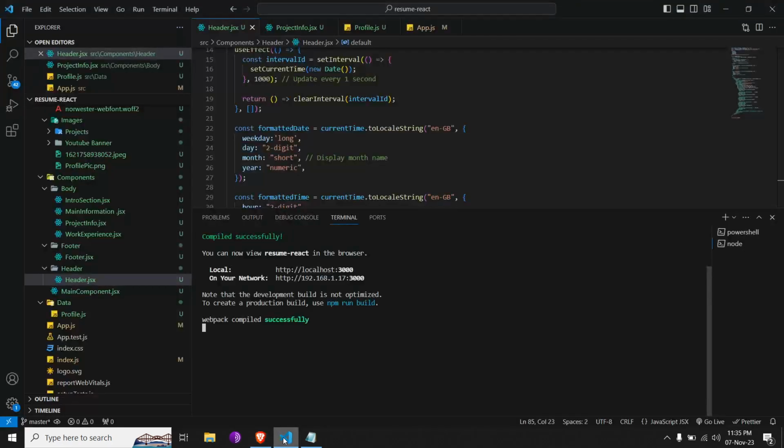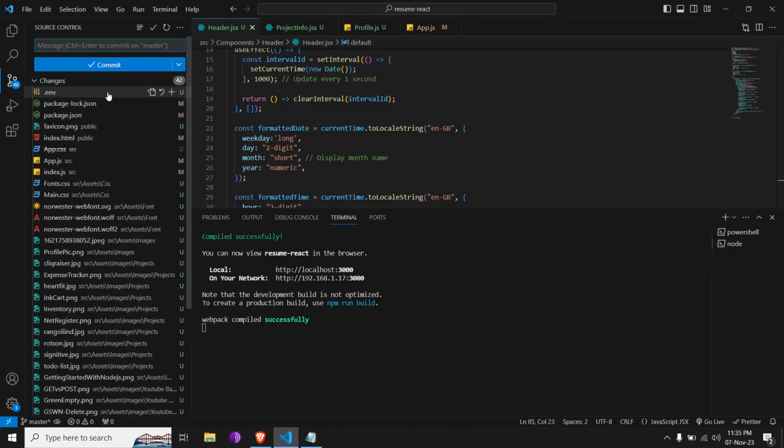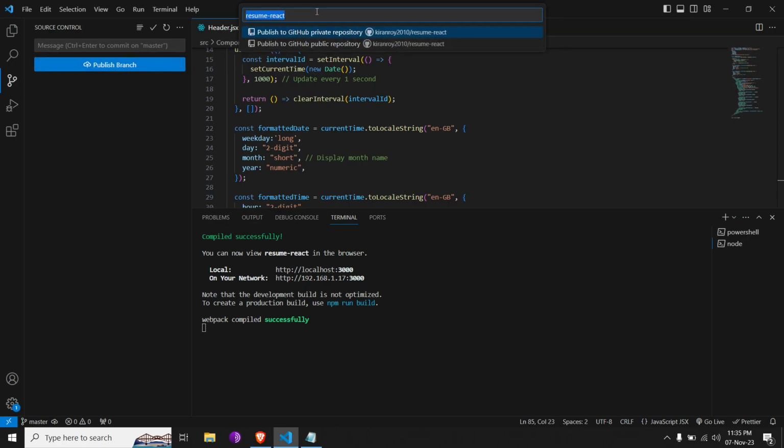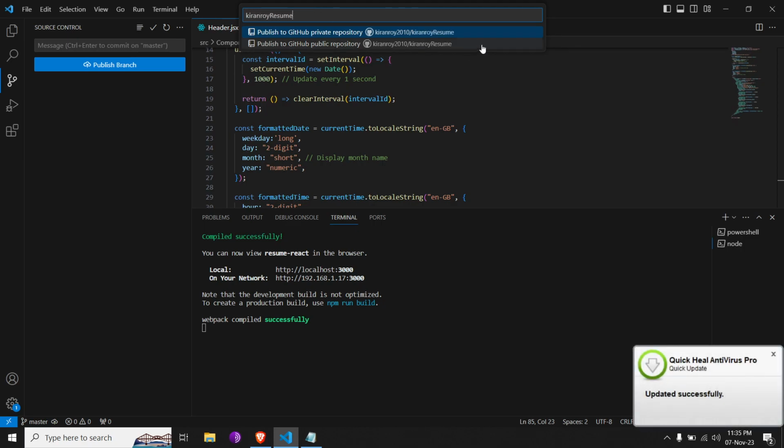So let's create a repository, and I will do that from VS Code. You can do it from GitHub directly also. Over here in my source control, I will give it a message called init because it is my first commit. Also, we will publish the branch, and we will call this my name. You can either keep it private or public. It works in both cases. I will do a private repository,